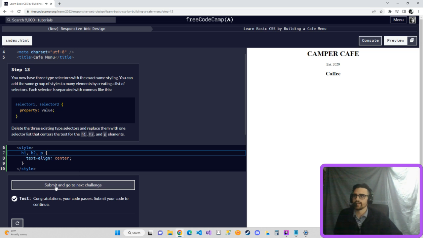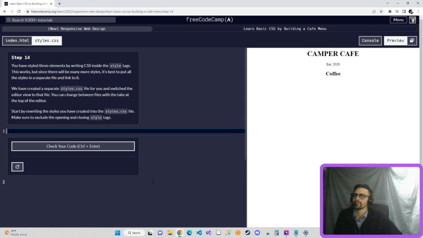See? And it cuts down on the amount of code that you put in. Cool. So you have styled 3 elements by writing CSS inside the style tags. This works, but since there are many more styles, it's best to put all these styles in a separate file